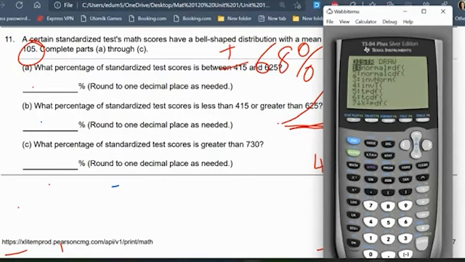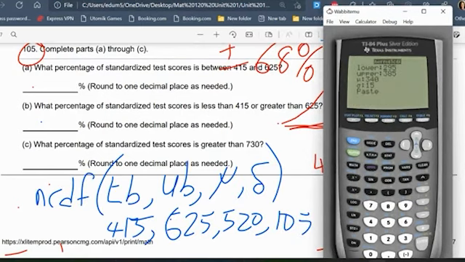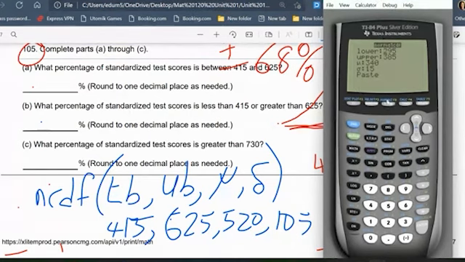I will do the second verse. I will select normal CDF. According to this question, the lower bound is 415. The upper bound is 625. The mean is 520. The standard deviation is 105. If I arrow down to paste and I hit enter,